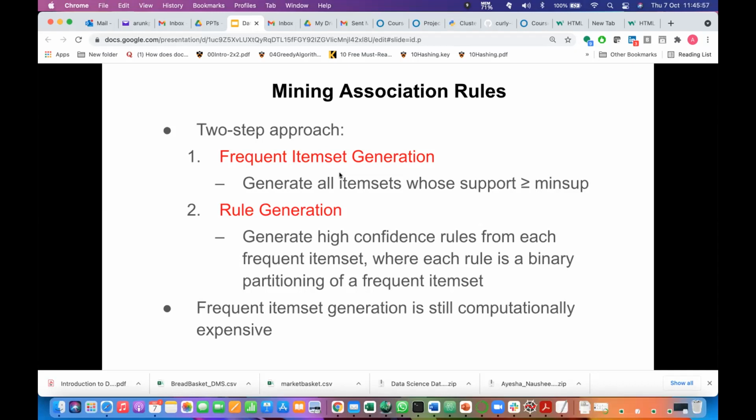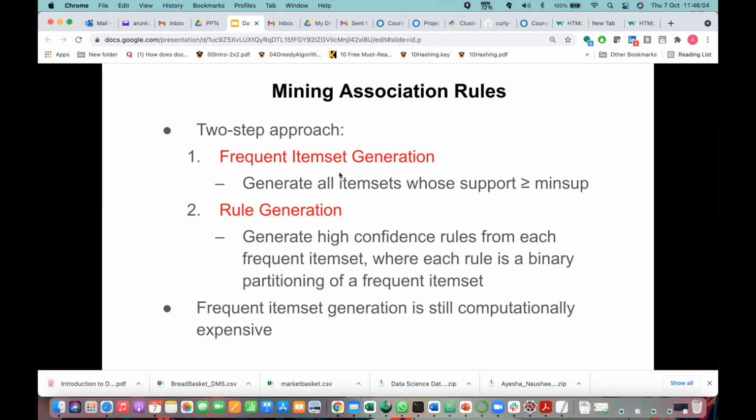So if a 2-item set is not frequent, then there is no meaning in adding one more item to that infrequent 2-item set and expecting it to become frequent. Because if it is not supported, how can it be supported after another element joins it, right? So we can reduce the candidate 3-item sets to those built from frequent 2-item sets. From frequent 3-item sets only, we extend by adding one more element and see whether they are frequent 4-item sets, like that.